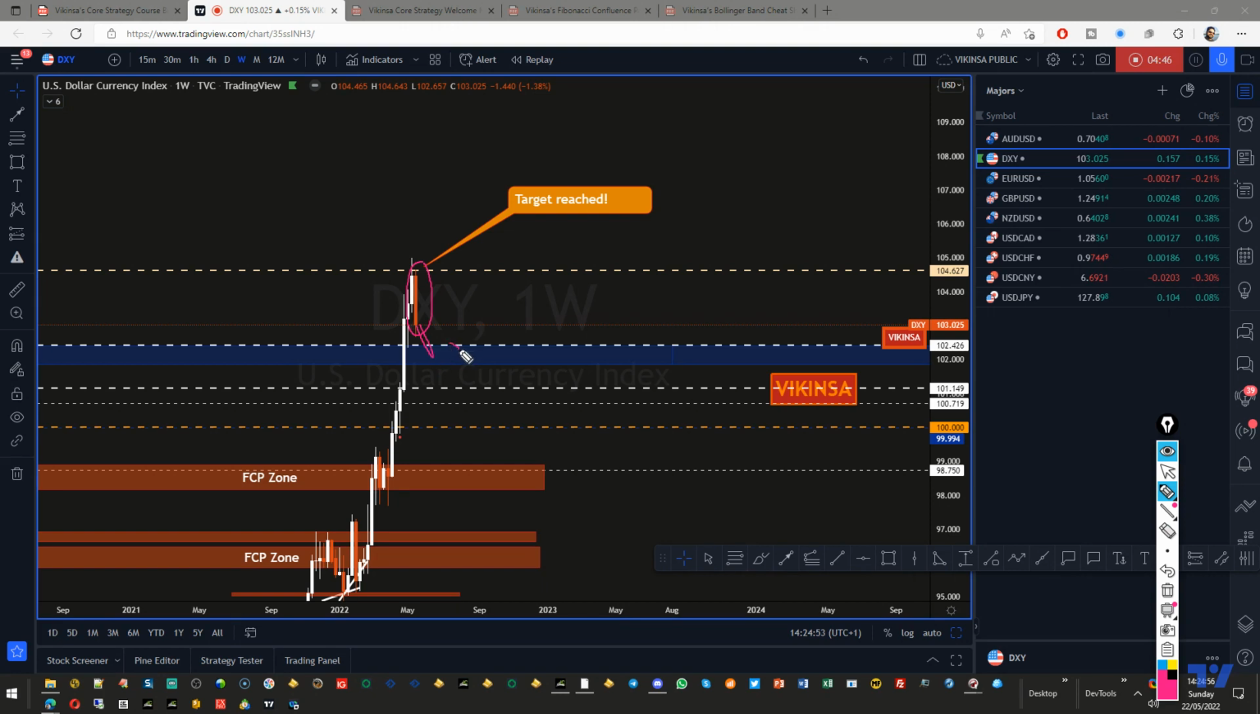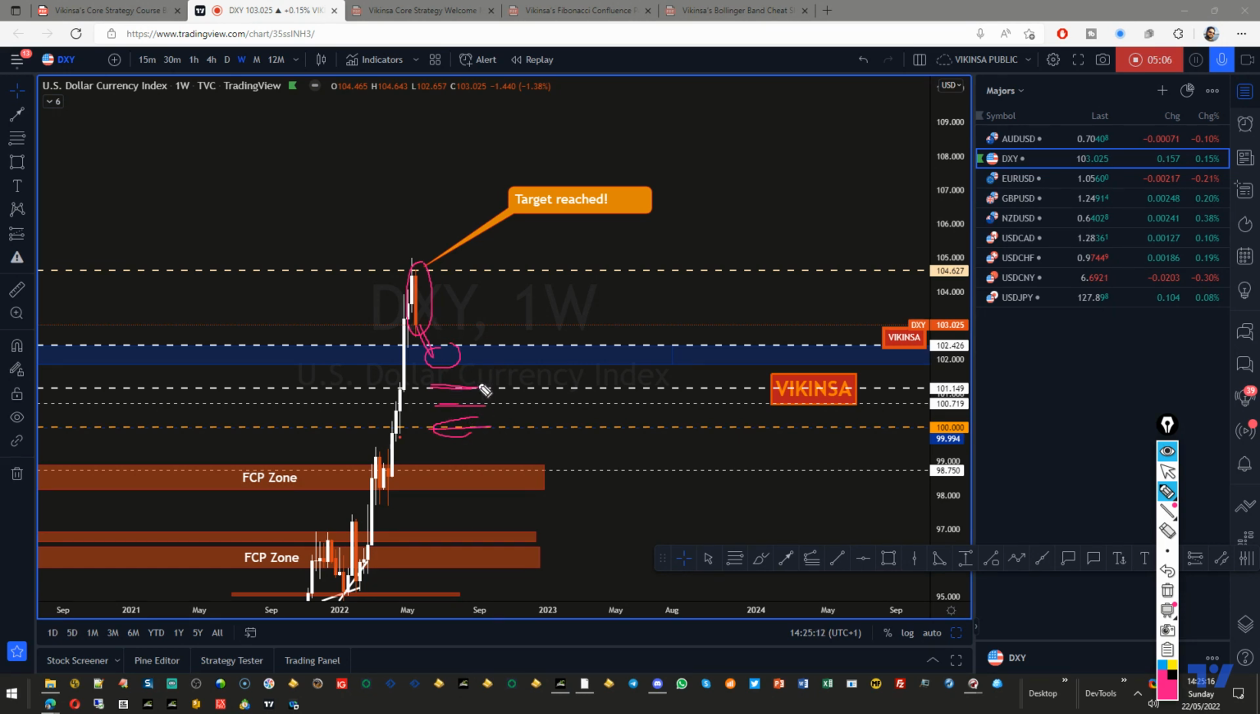And then if this structure level here around 102, or one of these levels here, because you see these levels used to be resistance, now they will act as support. Then we have the 100 level as well, which has not been tested. So at any moment in time, at any of these levels, they can act as support,